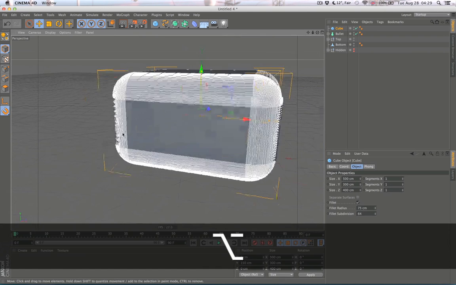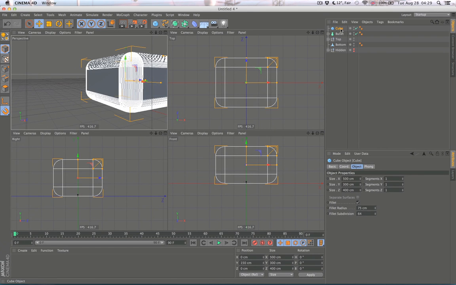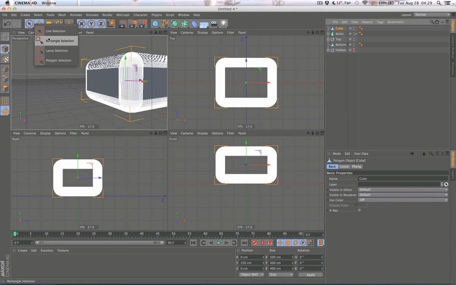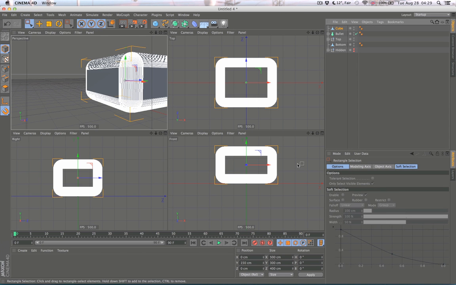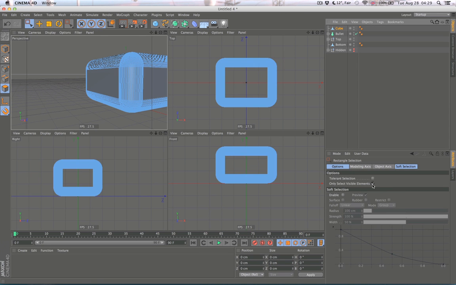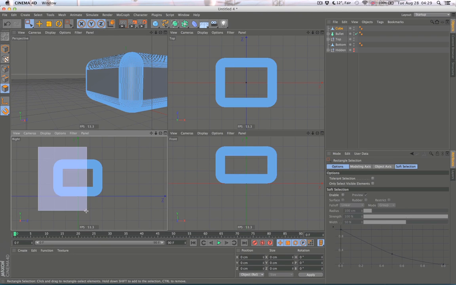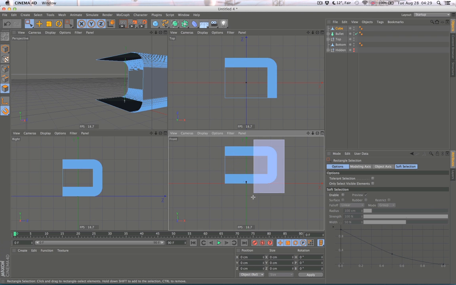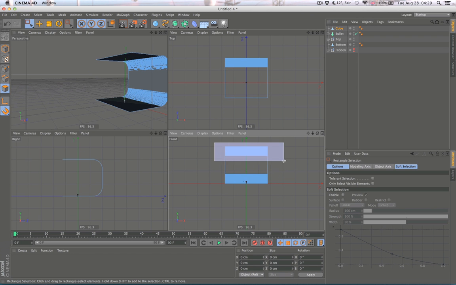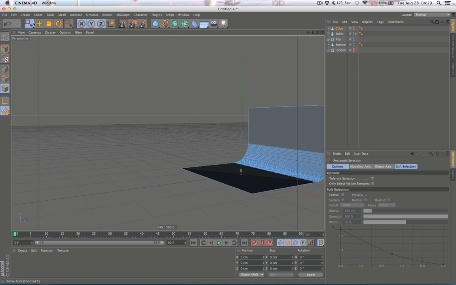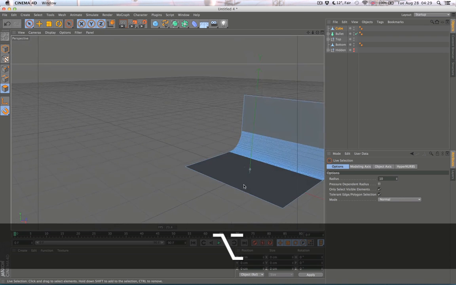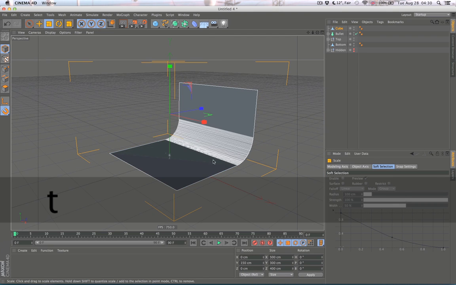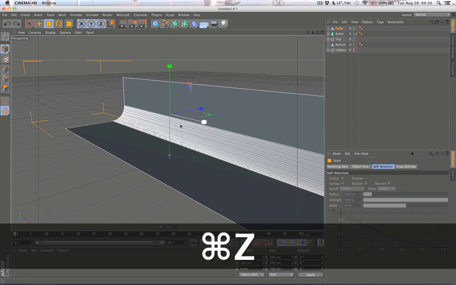And now we will basically delete all the sides except the ones we need. So we will make it editable. We will select the rectangular selection tool, go into polygon mode, uncheck only select visible elements. Yes, this side, delete those, and delete the ones on the side and the ones on the top. So basically we have this, and if it wasn't perhaps wide enough, we could of course make it wider, and